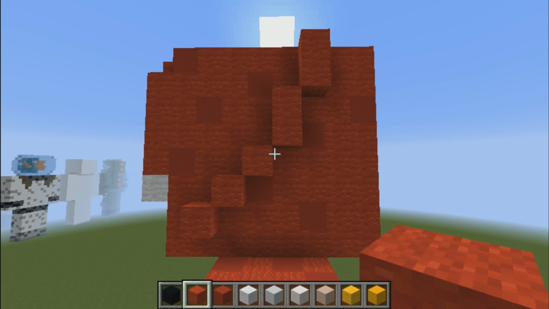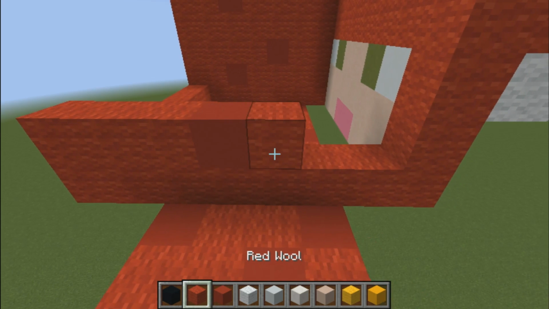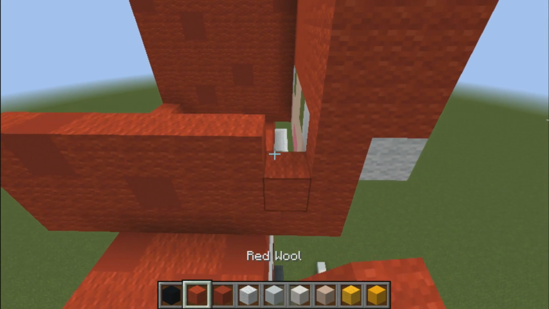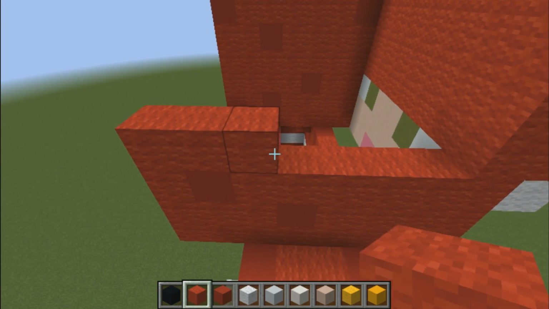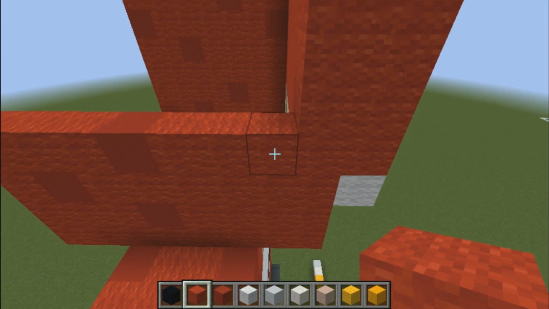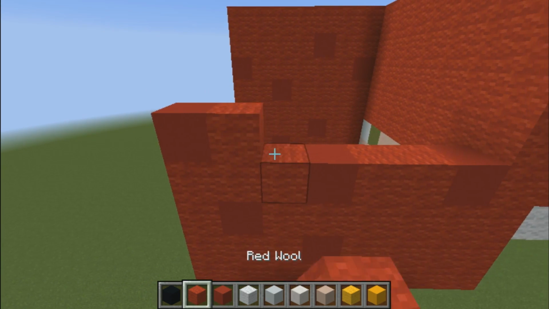Okay guys, we are back, and we're going to go to the other side of the head, so right over here. What I would like you guys to go ahead and do is place 1, 2, 3 red wool, 1 red concrete, and then 1, 2, 3 red wool. Then I would like you guys to place 1 red wool, 1 red concrete, and then a layer of red wool. Then we're going to start over here and go 1, 2, 3, and then on the 4th block red concrete, and then the rest is going to be red wool. Then, actually this one right here is also red concrete, I apologize. Then we're going to go red concrete, then 1, 2, 3